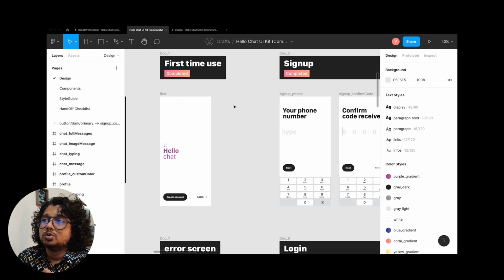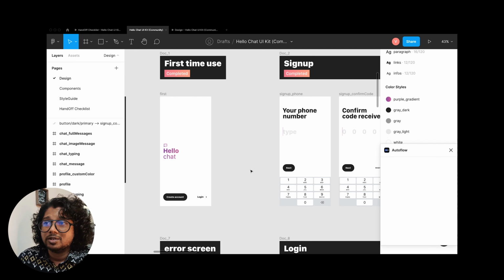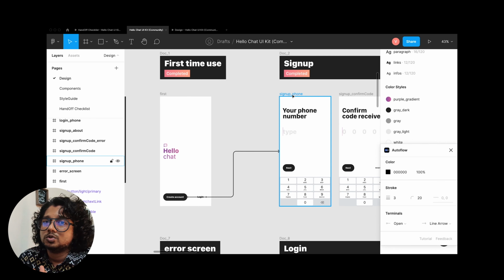And how to create a user flow, you can use simple line tools, or you can also use plugins like Autoflow in the case of Figma, where you can load it up and connect a button to your screen just by clicking both, and it's done. It's that easy. So make sure that you connect all these user flows, and it's going to be much helpful for the developers. Moving on to the next one,